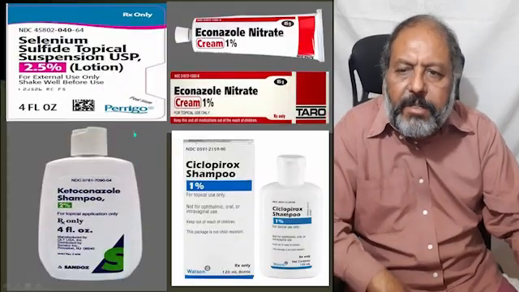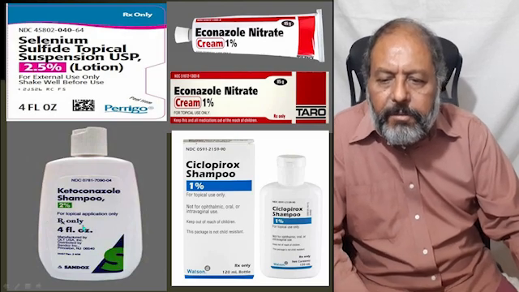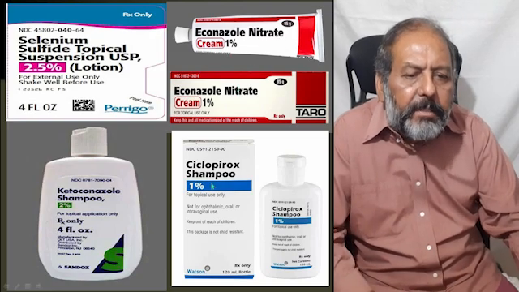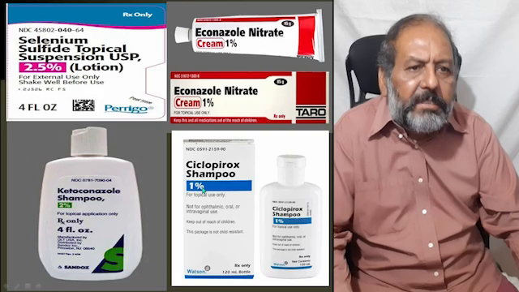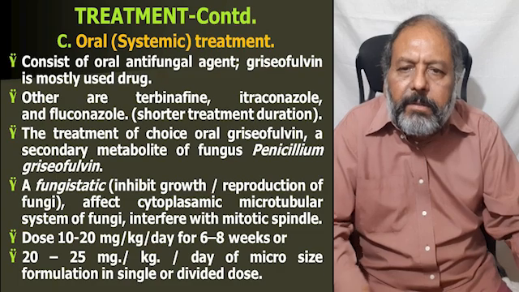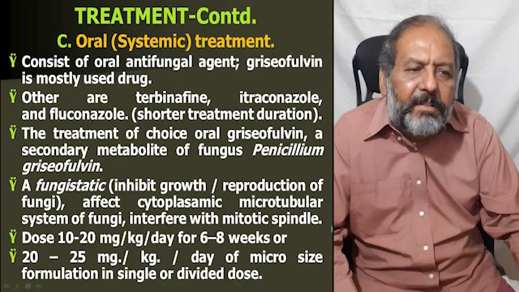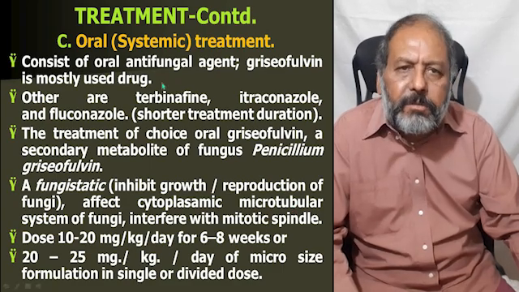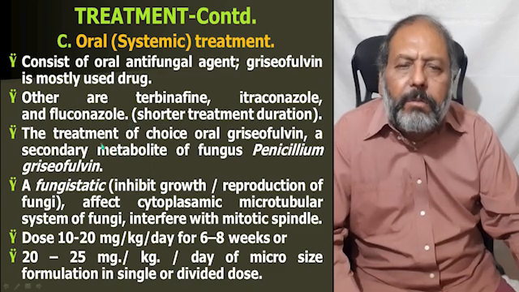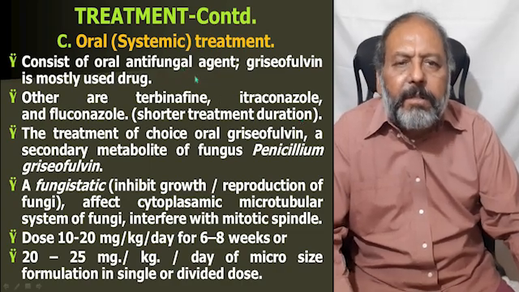So here one can see selenium sulfide 2.5% lotion, then ketoconazole 2% shampoo, econazole nitrate cream, and ciclopirox shampoo 1%. These are all the topical agents. Now, coming to the third option, that is the oral systemic treatment. It consists of oral antifungal agents. Griseofulvin is the most used drug and very effective also. Others are terbinafine, itraconazole, and fluconazole, with shorter treatment duration, but the problem with griseofulvin is that the treatment is